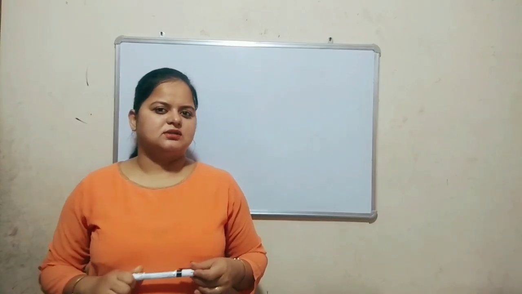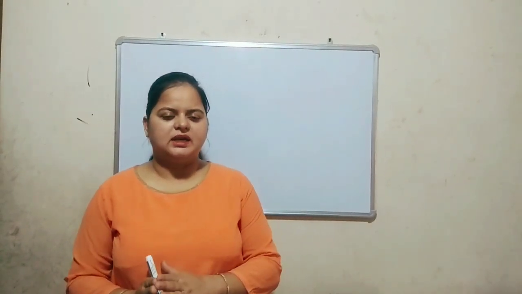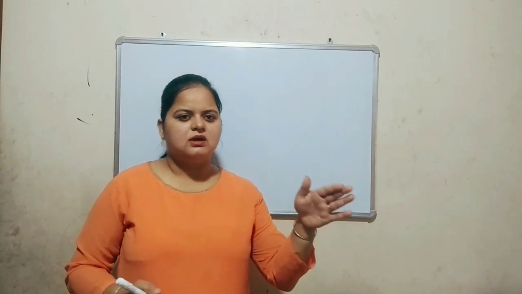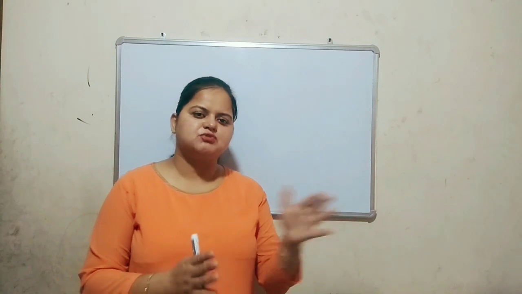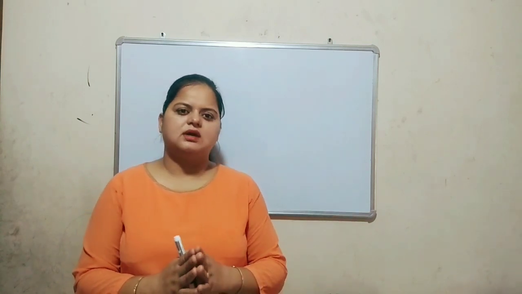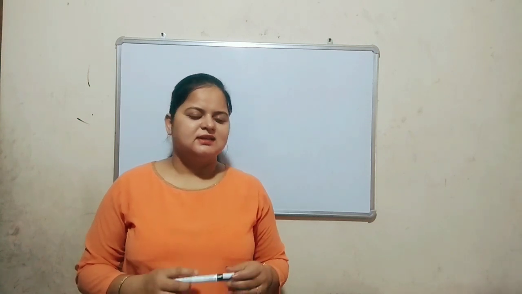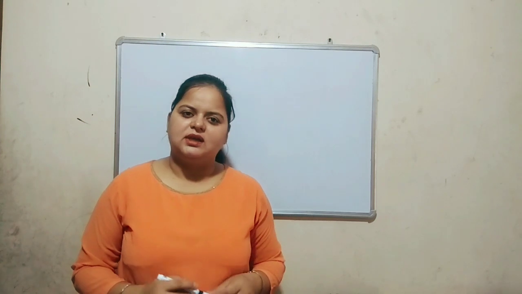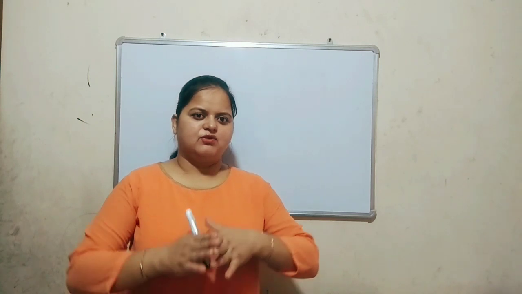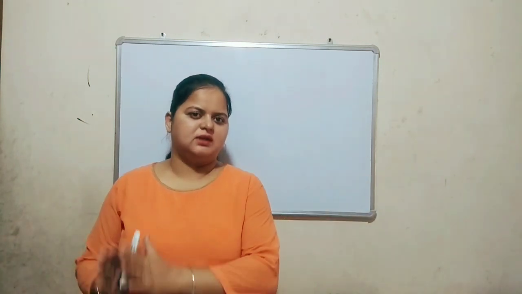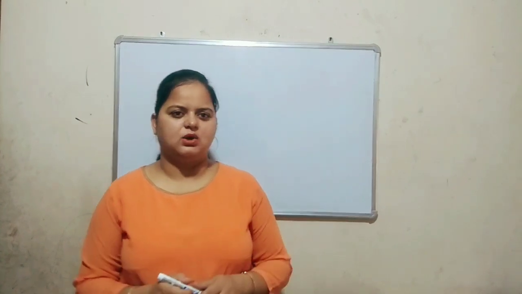What are the ascending orders? Do you know? Ascending orders are to arrange the numbers from smallest to greatest number. नंबर्स को स्मॉलेस्ट से ग्रेटेस्ट में अरेंज करना इज कॉल्ड असेंडिंग ऑर्डर्स. And what are the descending orders? Descending order means to arrange the numbers from greater to smaller. From greatest number to smallest number we will arrange the numbers and it is called descending order.